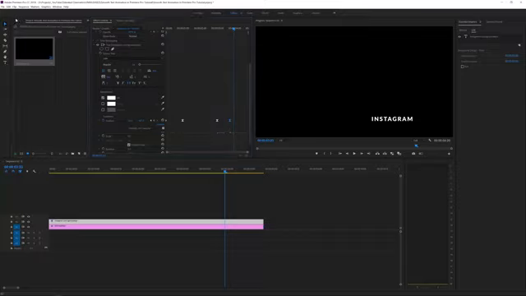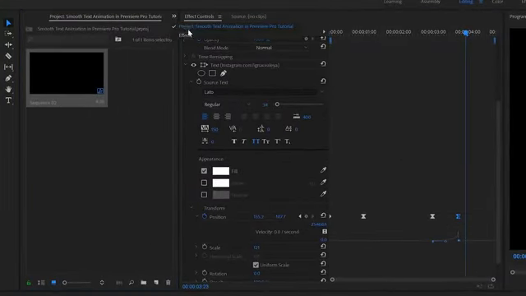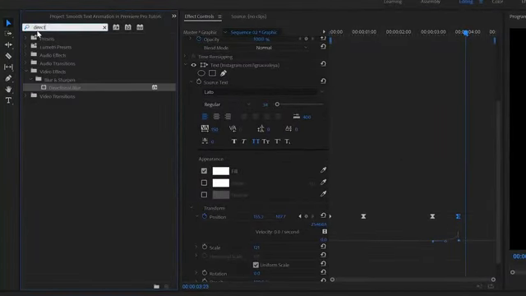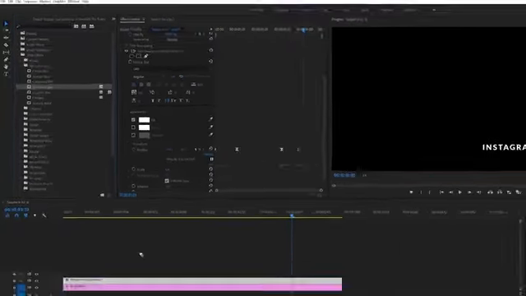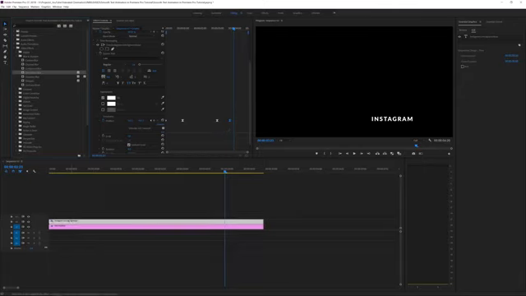So what we want to do is go to the effects right here, and search for the directional blur under Blur and Sharpen. If we don't search, we can simply go to Video Effects, Blur and Sharpen, Directional Blur, and drag this onto one of your layers. So let's start with this bottom one. And what we want to do is